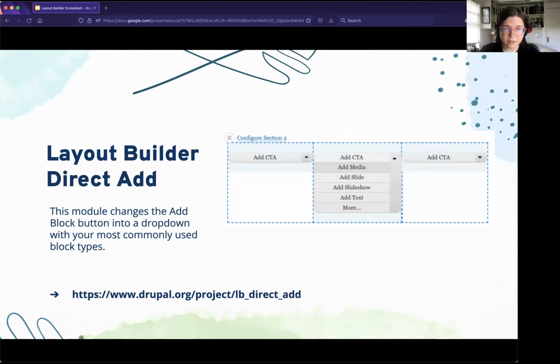And then Layout Builder Direct Add. This is one that I think just kind of helps improve that content editor experience to get to a simple, easy, quick process. So instead of clicking Add Block and then selecting from the settings tray which block types you'd like to choose from, this gives you your most commonly used block types up front, and then you select more